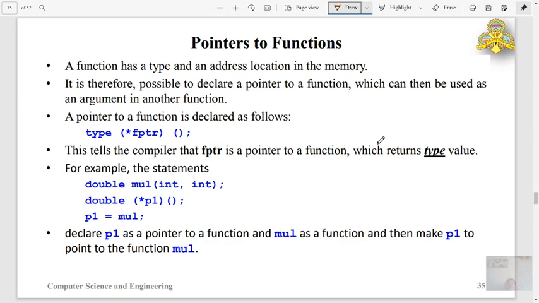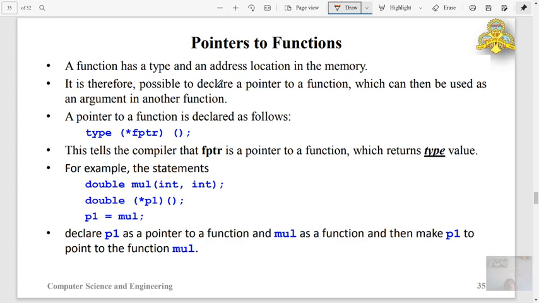Now coming to the most interesting one, pointers to functions. Pointers to functions are used in system level programming, and also in the most complicated system applications such as antiviruses and hard disk accessing programs. They heavily use pointers to functions.